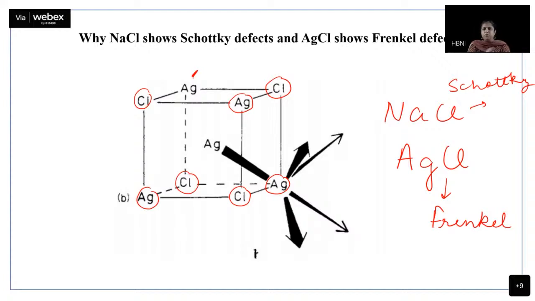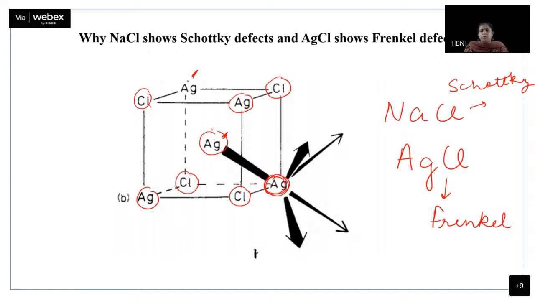So here also you get a Q. Now where do I have interstices? This is the interstices. This is nothing but the tetrahedral interstices in your FCC unit cell. Now if this Ag for creating a Frenkel defect has to move into this interstices, let's say an Ag from nearby has come into this interstices and formed a Frenkel defect. Now the Ag in the center, which is occupying the interstices for forming the Frenkel defect, is surrounded by 1, 2, 3, 4 Ag and 4 chloride.